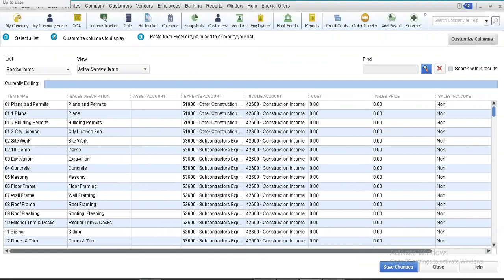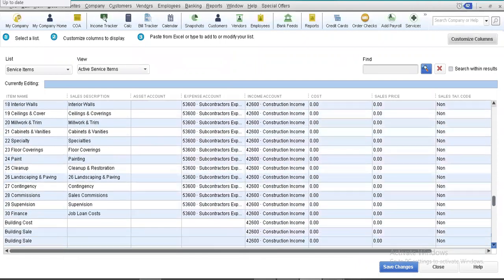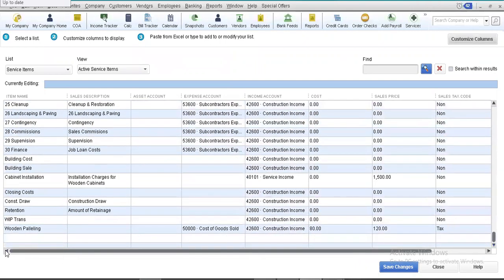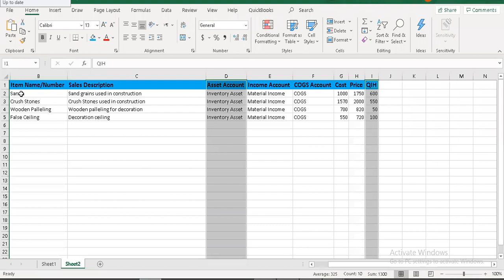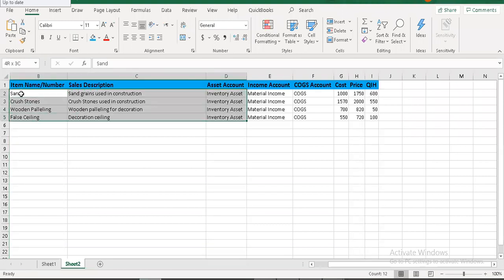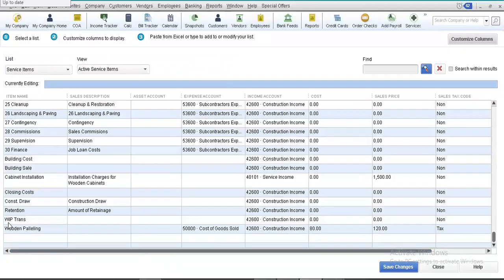So now I have to just go to the end and simply copy the information from Microsoft Excel, and paste it in QuickBooks.